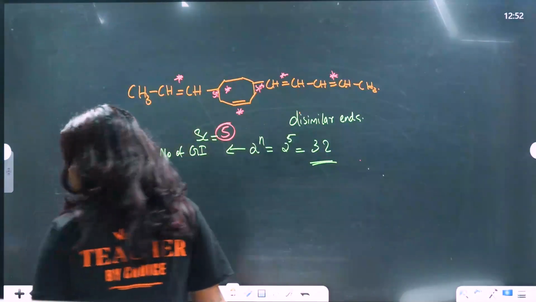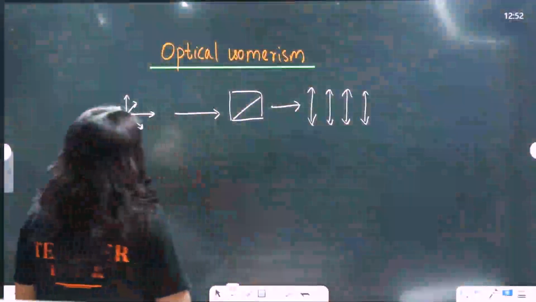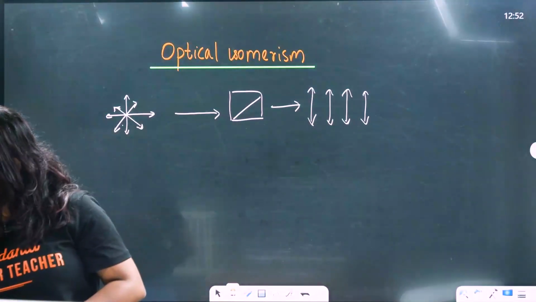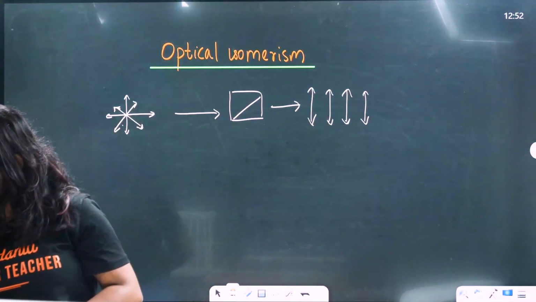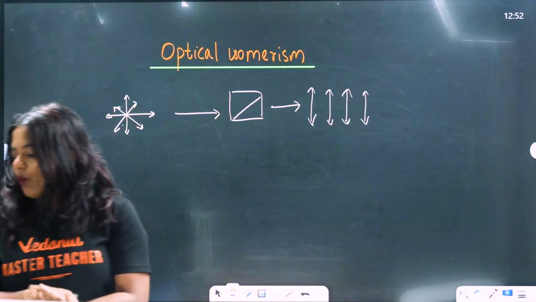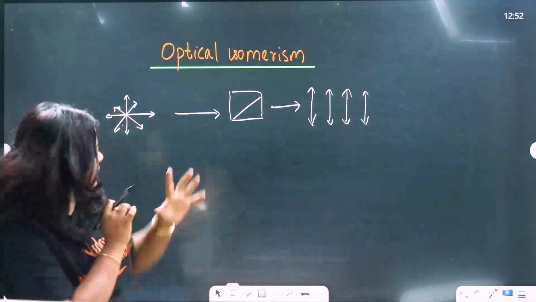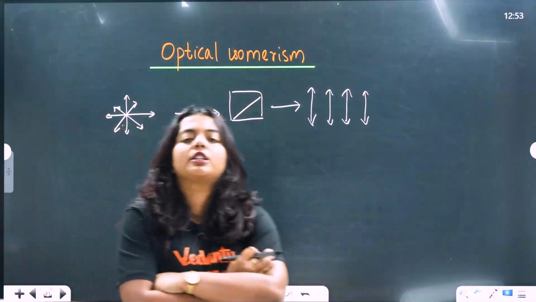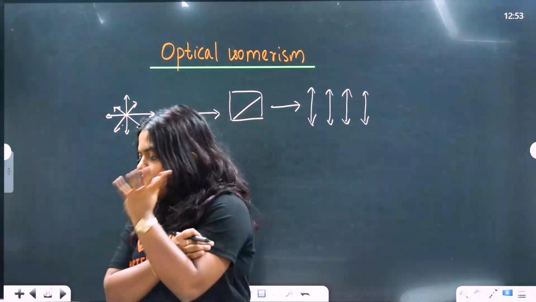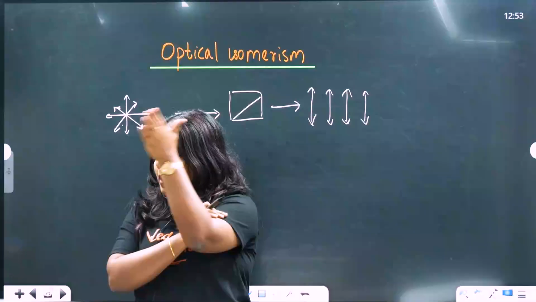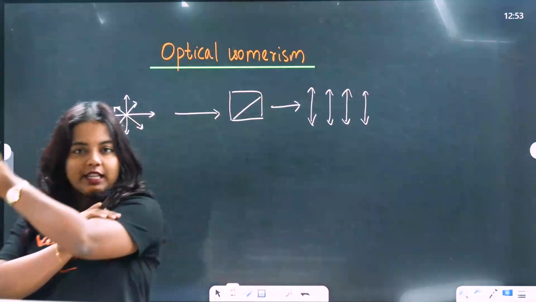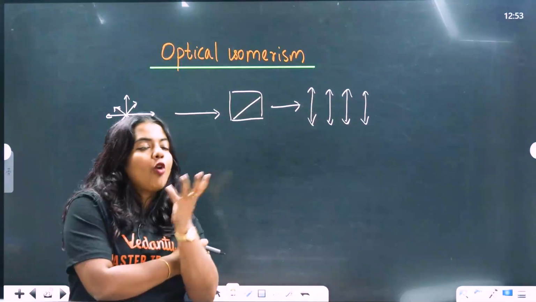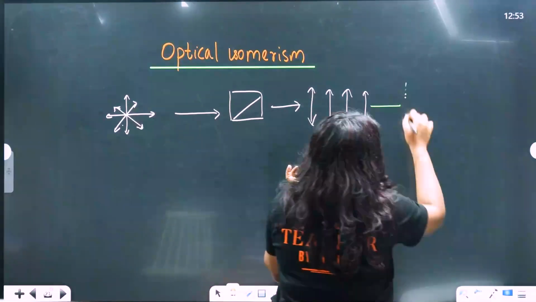Okay, now there is another question. Next we are going to look into optical isomerism. What do you mean by optical isomerism? When sunlight is passing through a prism, it becomes plane polarized light, PPL, and that plane polarized light, when it passes through an organic compound,